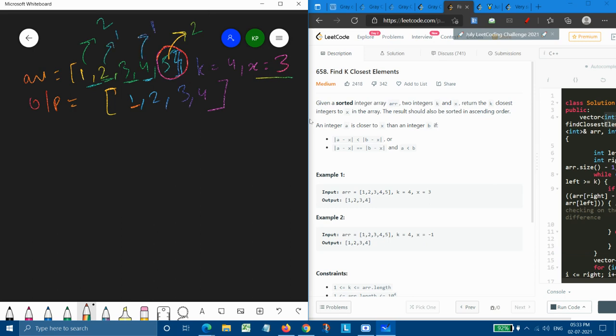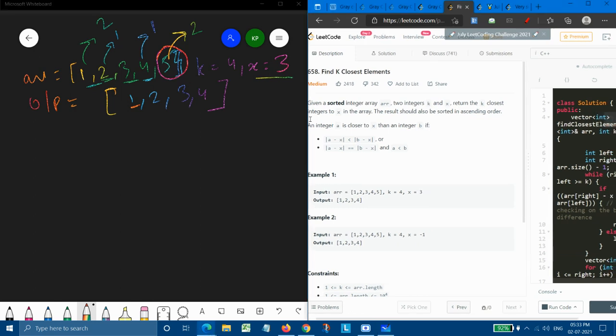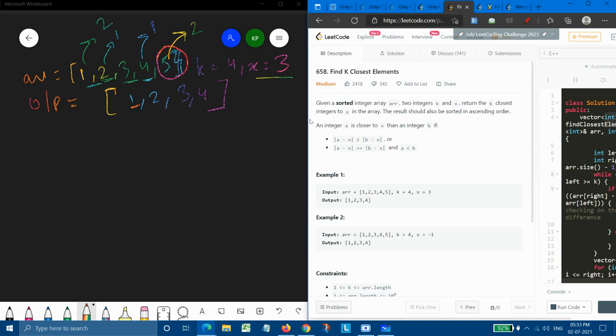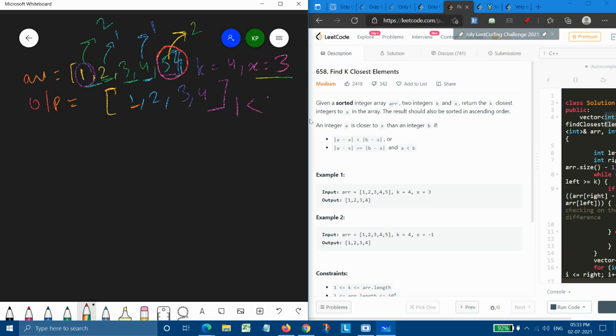But it is mentioned in the question that we need to choose the element where a is less than b. So if we take this and this, 1 is already less than 5. That's why we have chosen 1 rather than 5. So our output is 1, 2, 3 and 4. Let's take the next example.